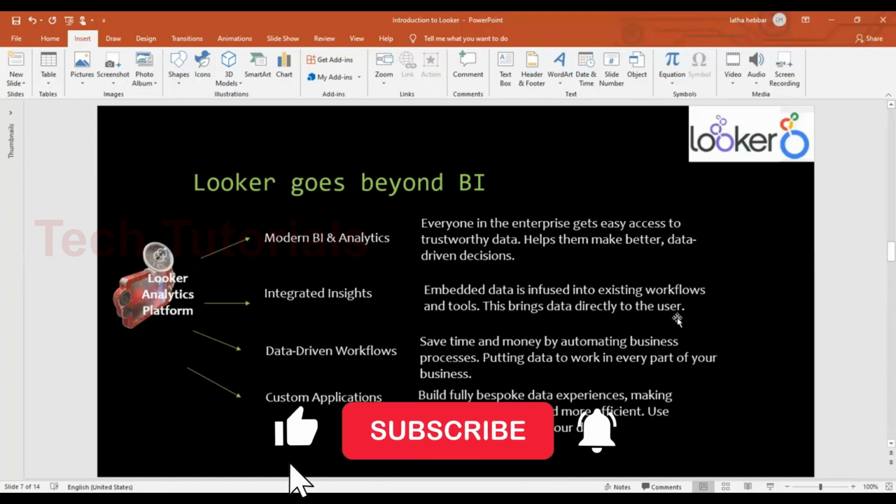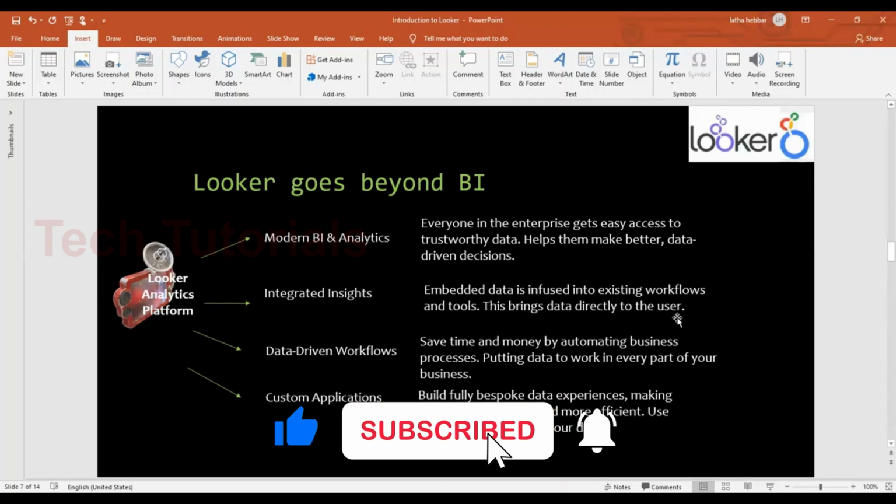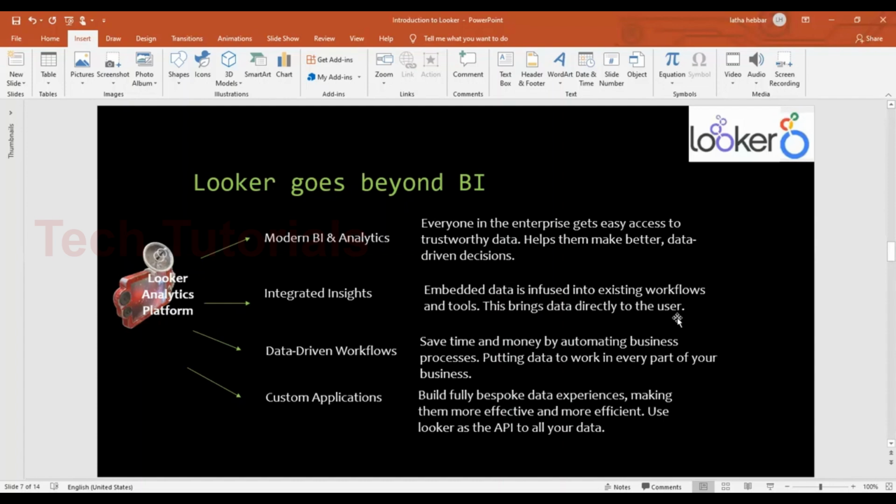Everything is taken care of by Looker, and Looker is just delivering the data that you need into the place. So you will have a really amazing experience while creating things